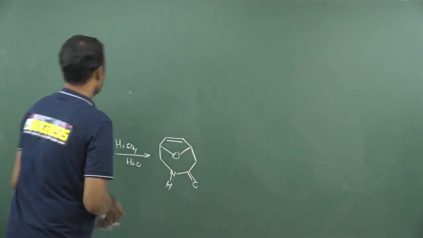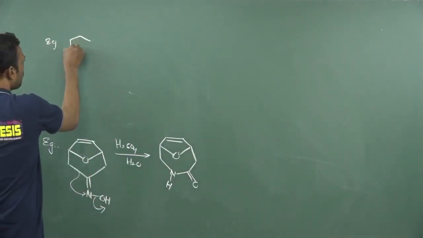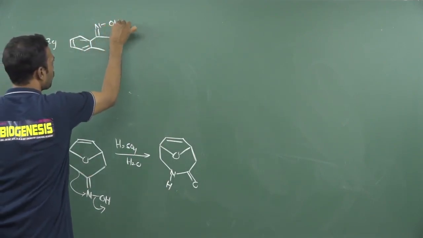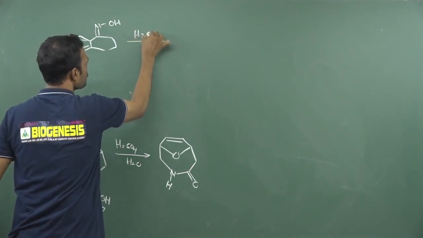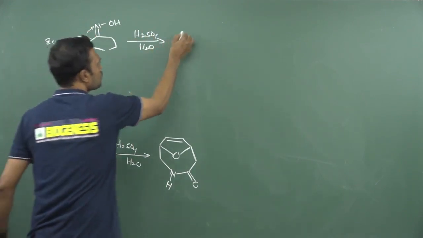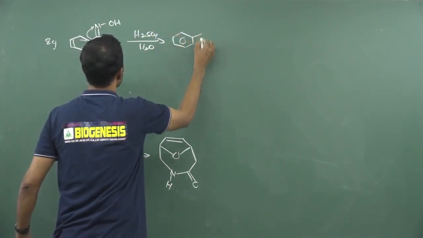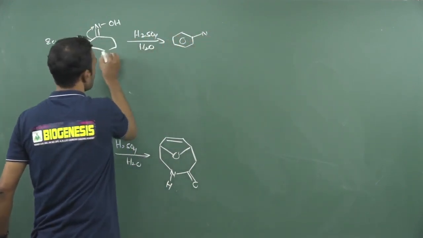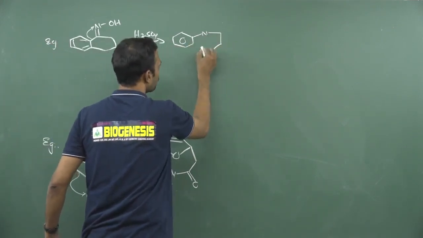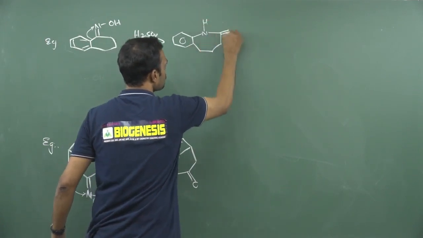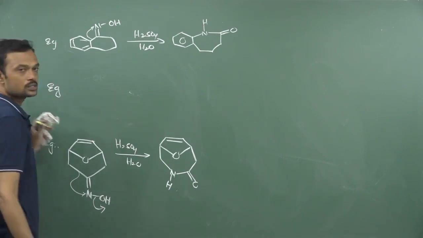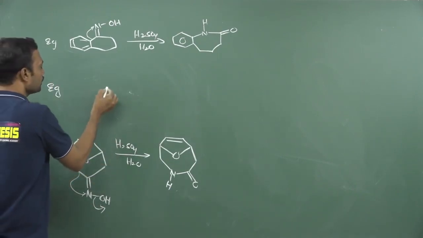Okay. See, you can also take an aromatic ring adjacent. There is a saturated ring present. This is N double bond O, OH. So if I use H2SO4 in water, what is the resultant answer? This will attack here. So if the aromatic ring carbon attacks on this nitrogen, now outside there are 4 carbons present, 1, 2, 3, 4. So then you write 1, 2, 3, 4, then attach here. This is hydrogen, and this is C double bond O. That is the answer. Okay. So always your product remains the same. It is completely unaffected in this reaction.